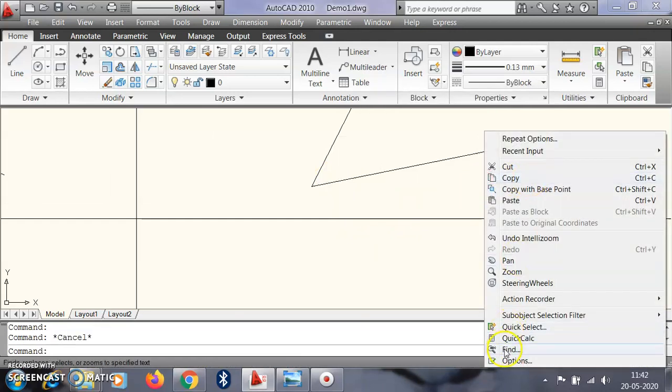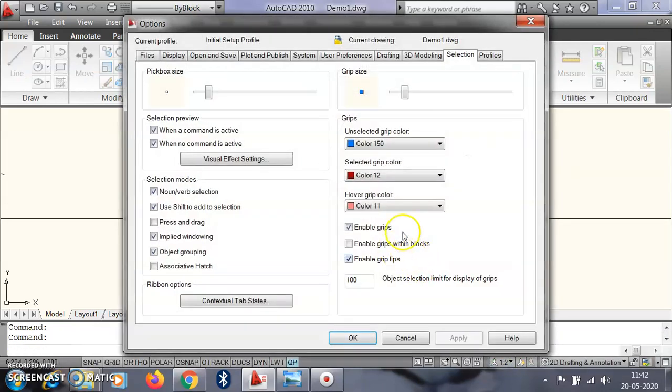Then here we can change the color of the pick box, then crosshairs, everything is here, but most of the time we use the default settings. Do not change the settings here, because we do not remember each and everything where it got changed. So the best way, whatever default settings are there, we use this one.